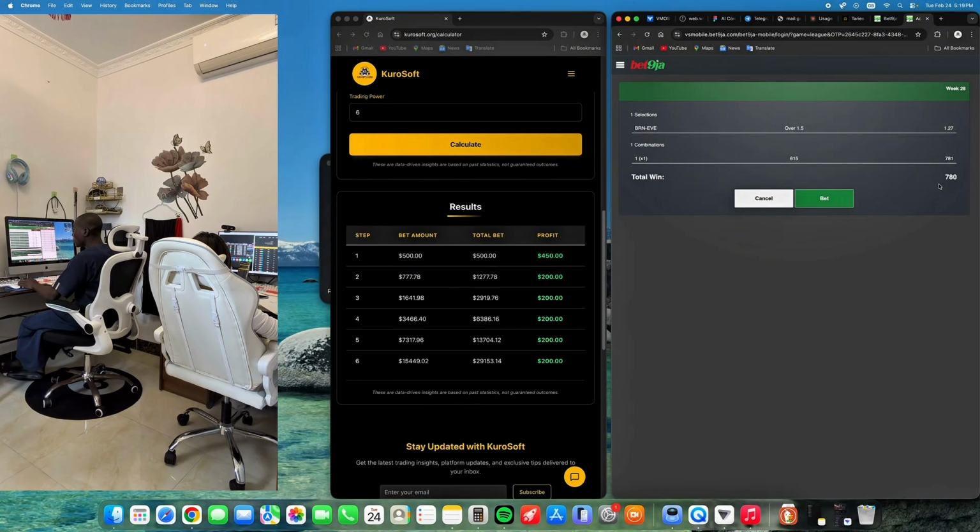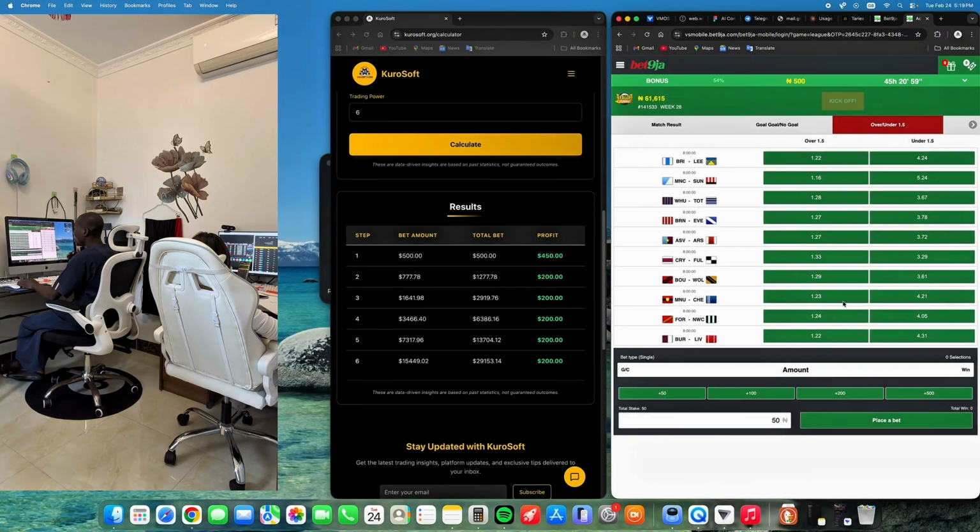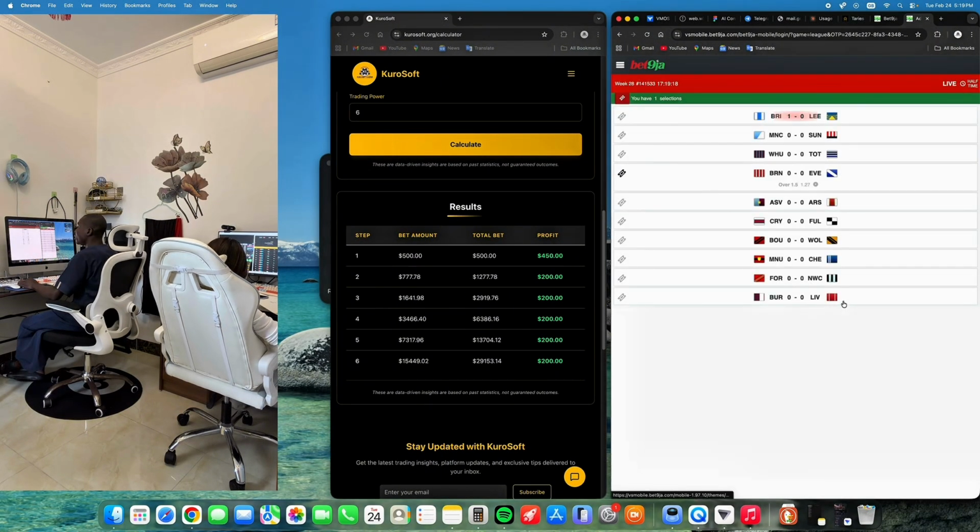Now this time around, if you win, this is how much you will win: 718 naira. So that will be the last amount to go in with, but it will be determined if we are making a win in this game. Possibilities that we make a win are high because we just need one more goal. So we just need